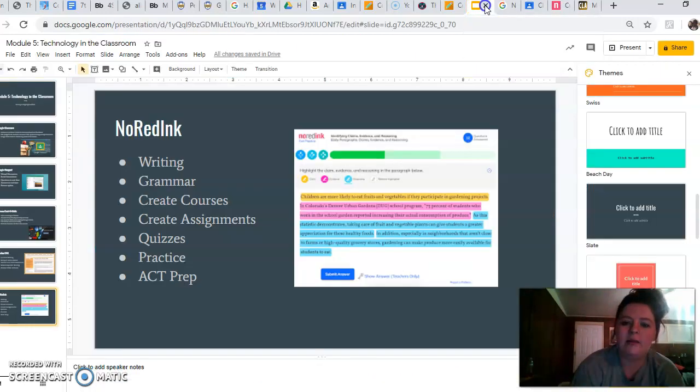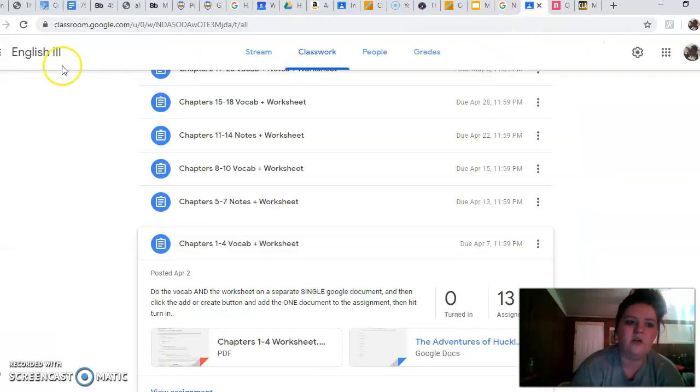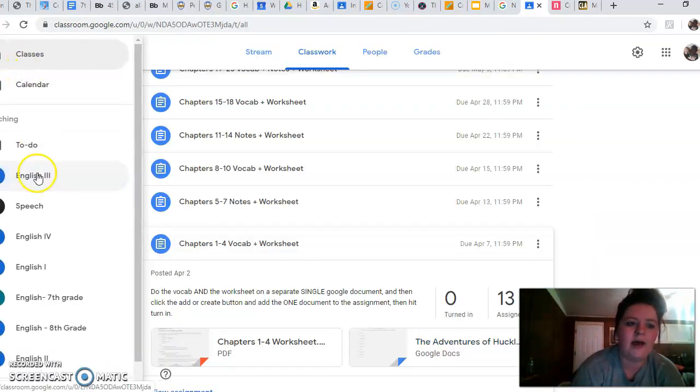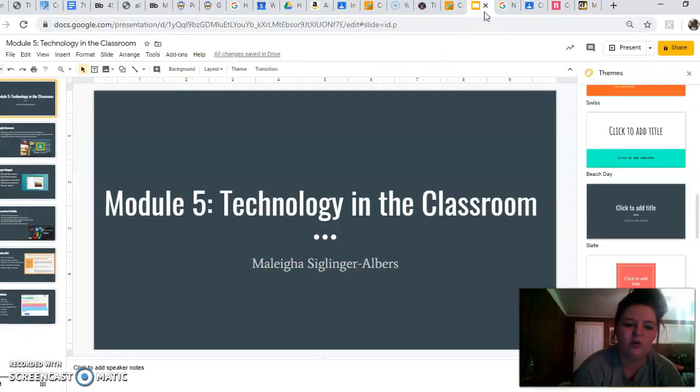So for me, these have been the online tools that I've been using in my classroom right now, and I have found them all very helpful and very beneficial. Luckily for me, I was already in Google Classroom before all of this happened. As you can see, I have Google Classroom for all of my classes over here. And I think that it was helpful just being already in it before all of this happened. They already kind of knew what to expect and what to do. I'm going to continue to use these resources into next year, and hopefully